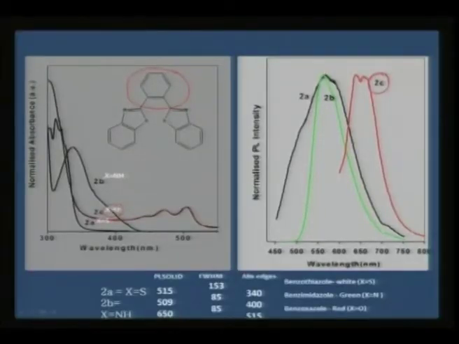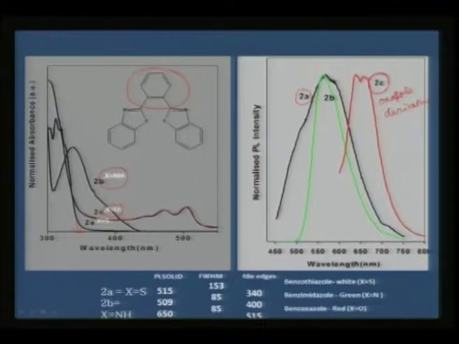As a result, you can again see in the emission feature that the 2C molecule, which is nothing but your oxazole derivative, is again showing a red emission compared to the thiazole and imidazole case. When you look at the bandage of imidazole, when you have pi electron, you can clearly see that the imidazole is extending pi bandage up to 450 or so, while the thiazole is actually showing a blue shifted emission, which is reverse of the 1 series compound.